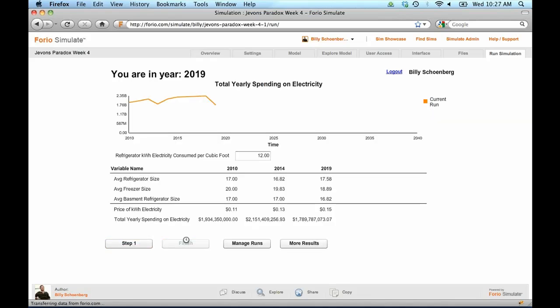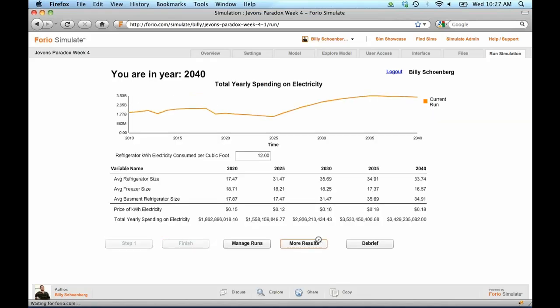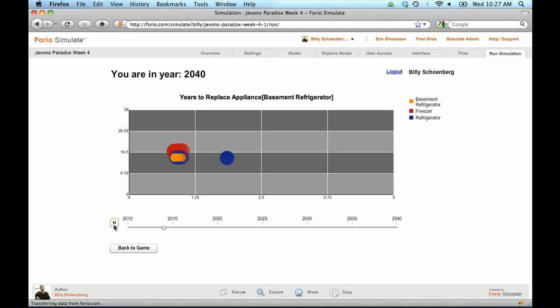And so then we can run this game to the end and play all of our results. And we can see that our refrigerator has a vastly different behavior track than our freezer and our basement refrigerator. And so that there for you is the animated bubble chart, which is